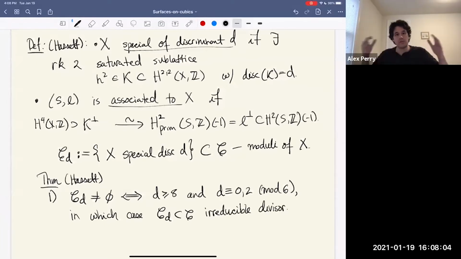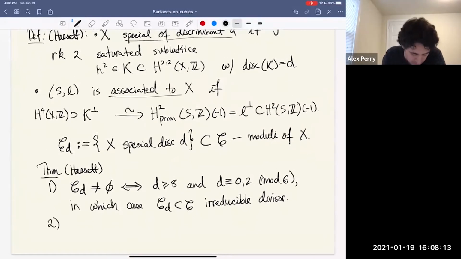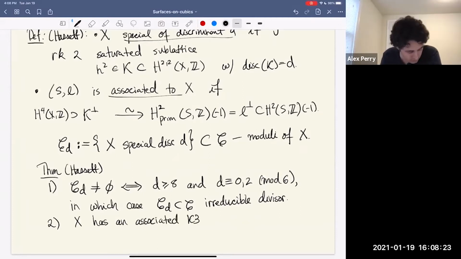Okay, so we have a bunch of divisors in this 20-dimensional space where there is some extra cohomology class, so where there is this rank 2 lattice. And then the second thing that Hassett showed is that X has an associated K3 surface if and only if the following condition holds. So if and only if X is in CD,